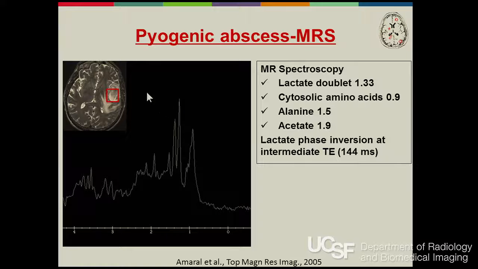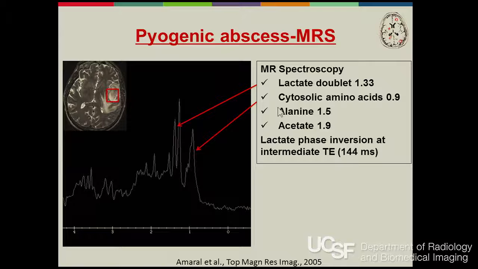Now, here's a case where we've used a single voxel to sample the center of an abscess. And we're looking for our Hunter's angle, and there's not much left of an NAA peak. We don't really see much creatine or choline either. That's because we're really just sampling liquefied pus. But what we do see in that abscess is this lactate doublet, as well as a peak around 0.9 for